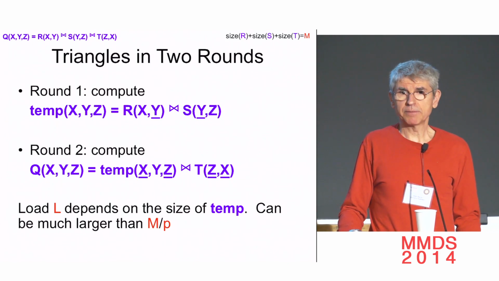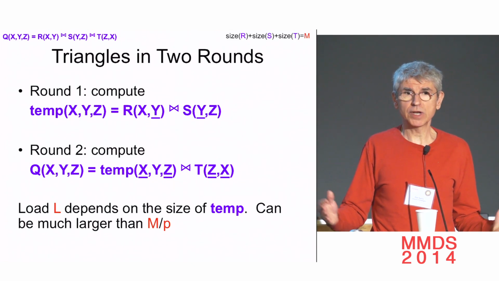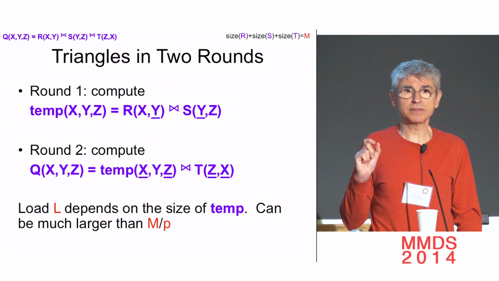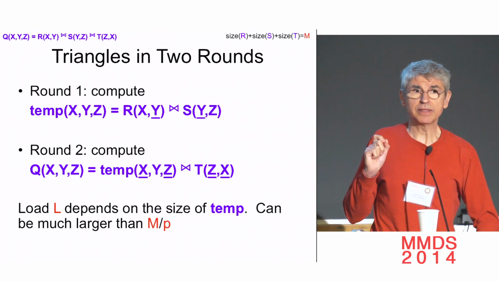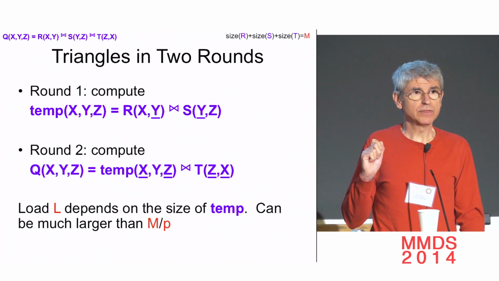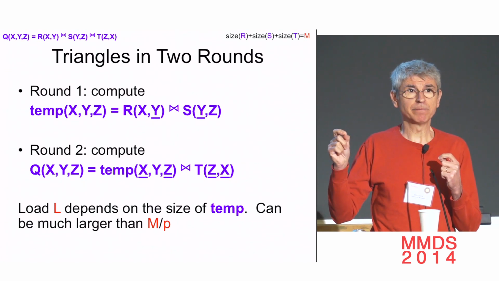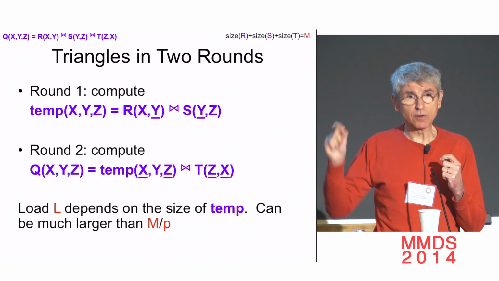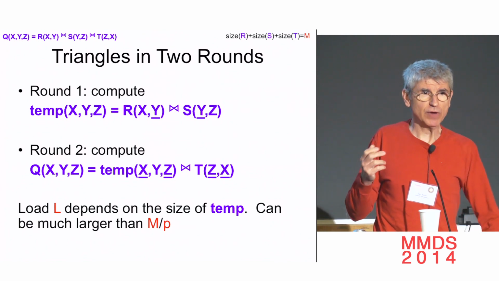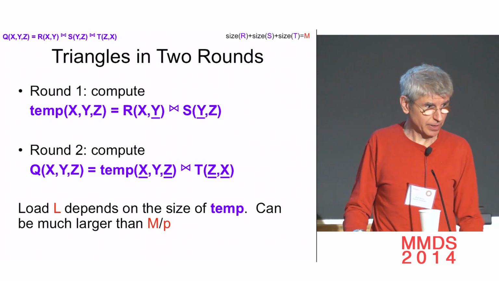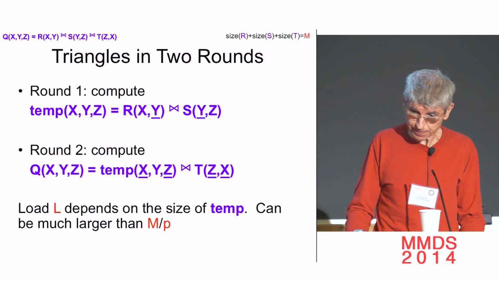There is a big problem with this approach, and all database engines have this problem. They can't essentially compute this query on a large data set, and the reason is because this temporary table that you get after step one is way bigger than the size of your result. The temporary table contains all triples where x follows y follows z, but only a tiny fraction closes the triangle, and z also follows x. So we tried this, and for the data sets we experimented with, we simply couldn't run it on 64 servers.